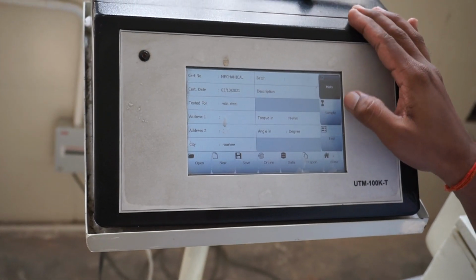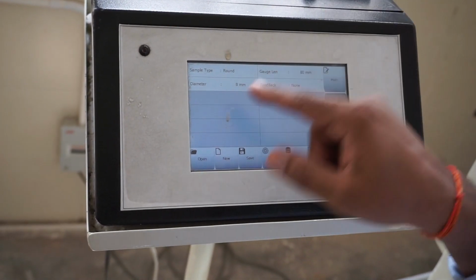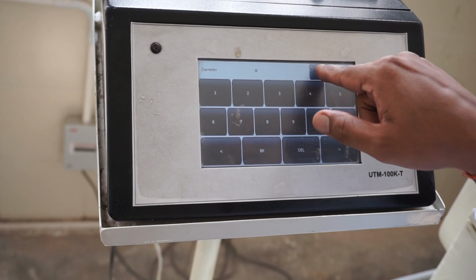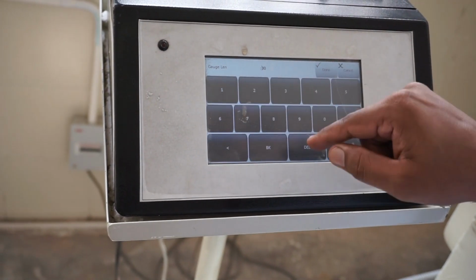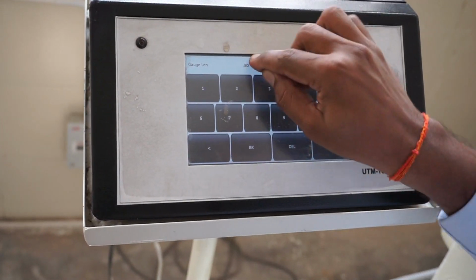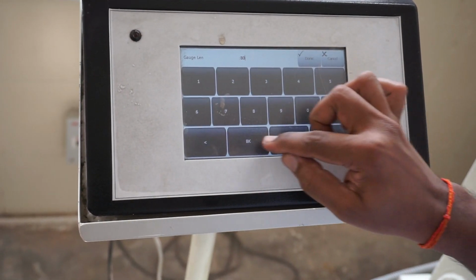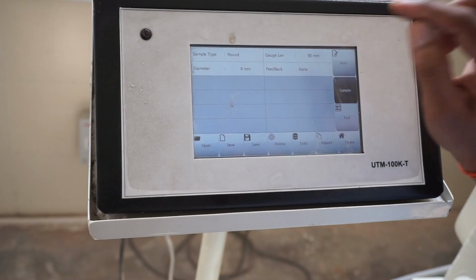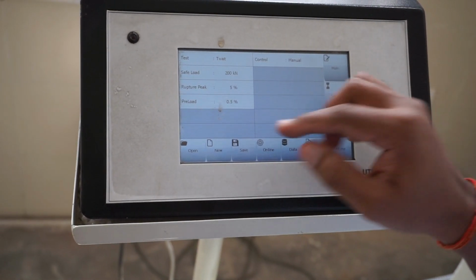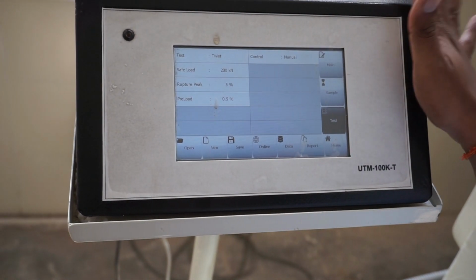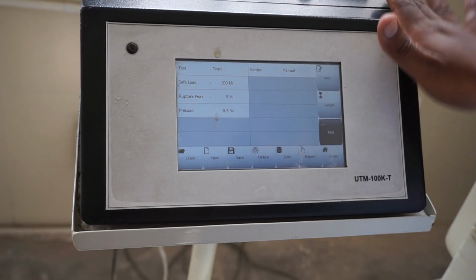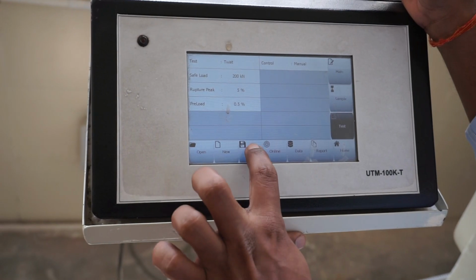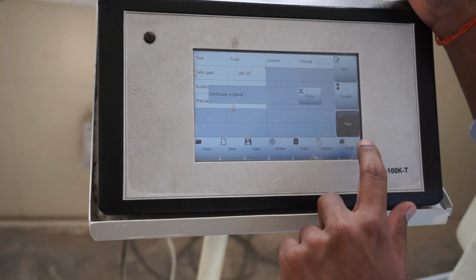Here I will give the sample geometry. The diameter, as I have already told, is 8 mm, and the gauge length is 75 mm. Then the test speed is a default value set in the machine, so I'm not going to disturb this one. Then I will save this data and go to home.